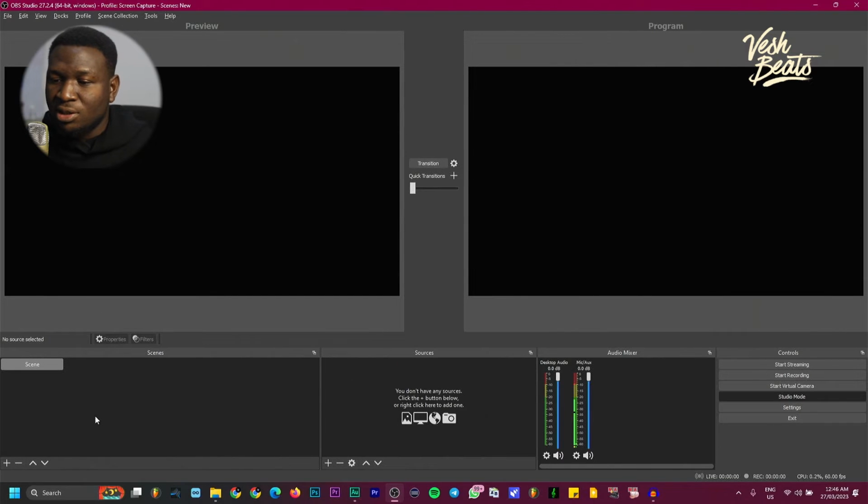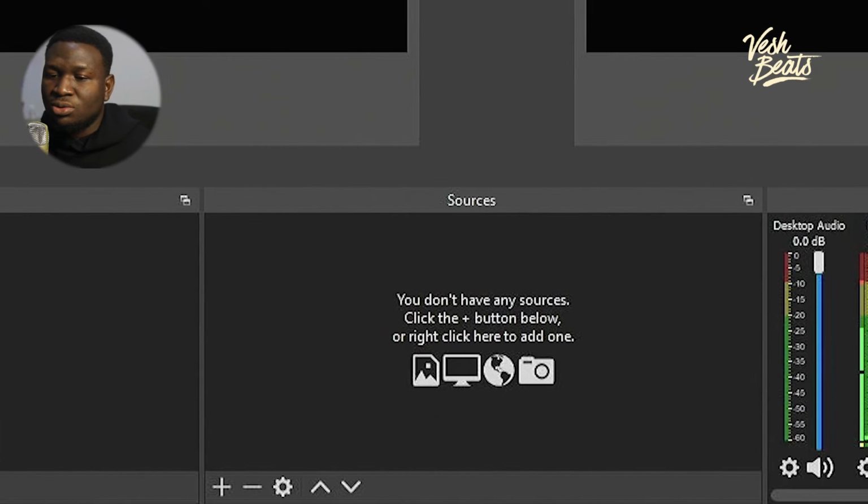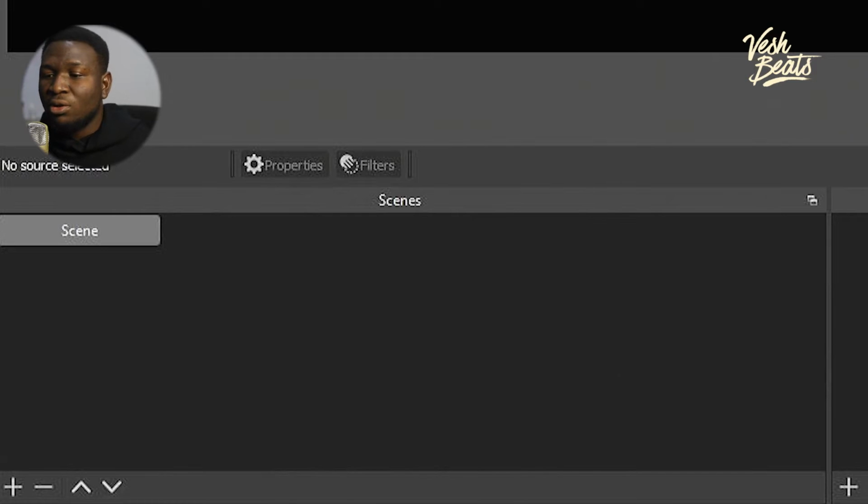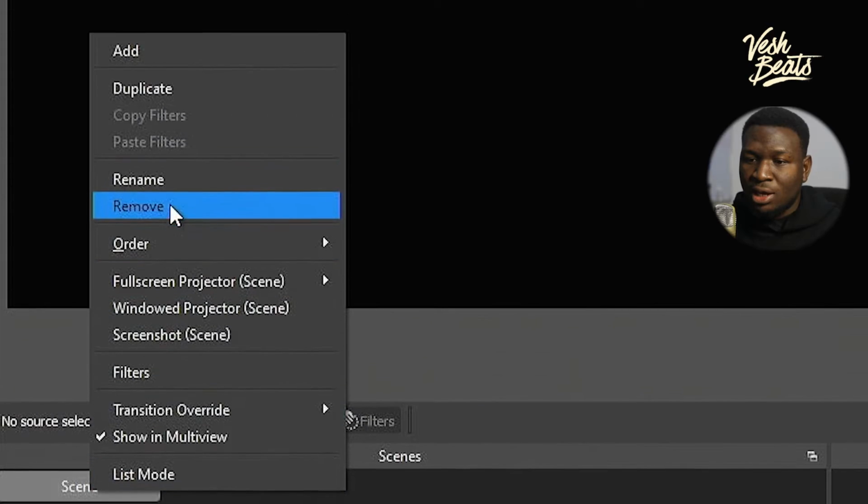Now let's talk about scenes and sources. So scenes are like a folder of sources. Sources could be anything. It could be your screen recording, it could be your camera, it could be audio input from somewhere, it could be capturing a specific window from the system. So how you want to set your own scene for music producers that want to record content, we'll have a scene one. I will right click on this scene and let's rename it